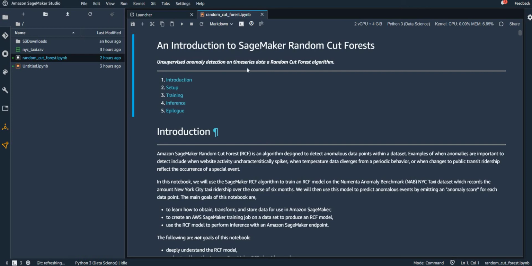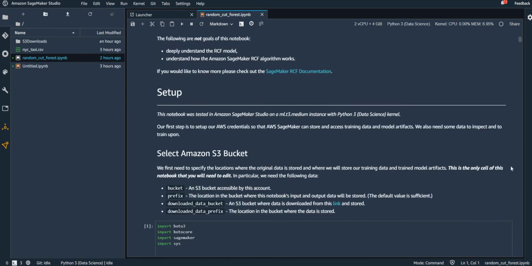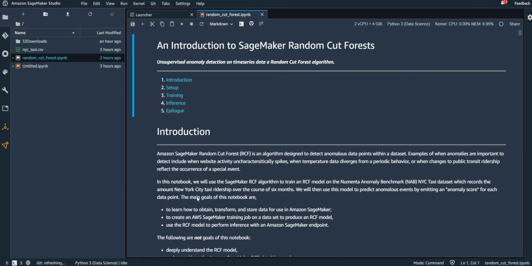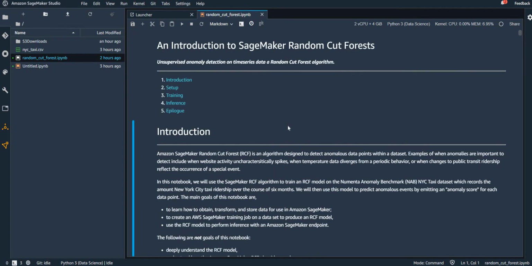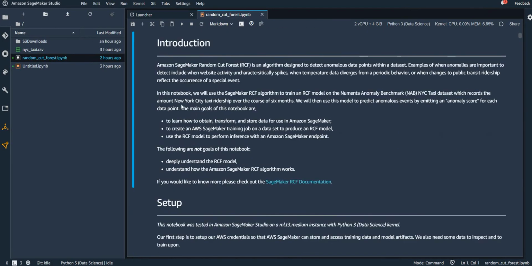So similarly, I've taken New York taxi data here. That is what the data is all about, New York City taxi ridership data. I'll explain the data also. I'll be using random cut forest, a typical algorithm that is used for anomaly detection. I'll not dive much into the ML aspect of it.